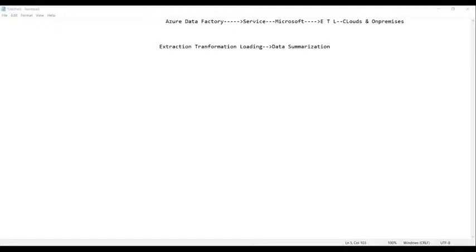Hence we consider this a service. Whereas an application can be downloaded, uninstalled and installed.